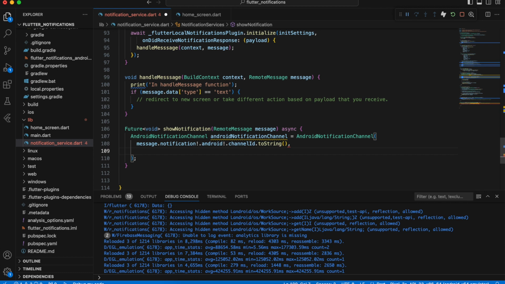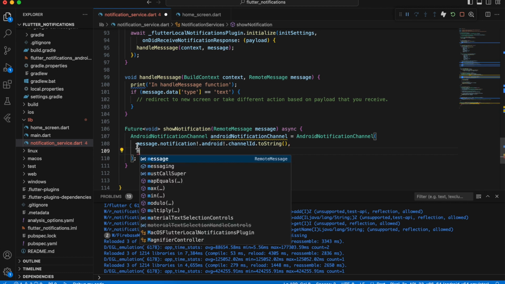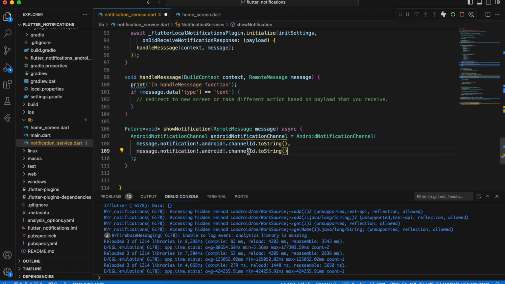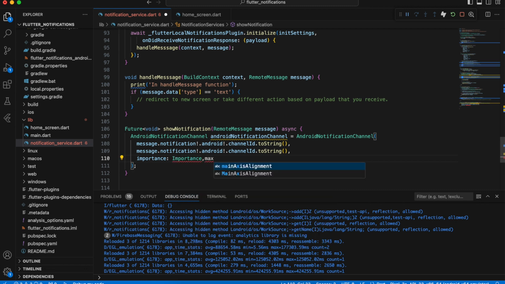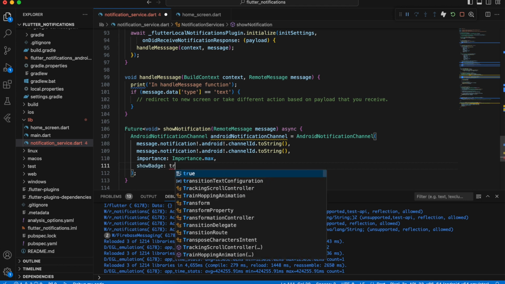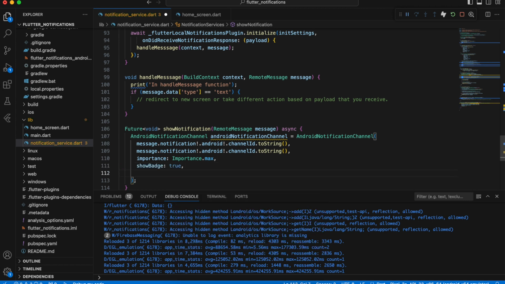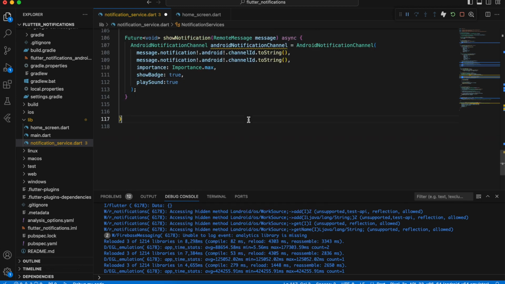Then next is again message, so we can copy this one because we have to write the similar thing here. Then importance, so the importance is Importance.max, it's kind of priority. Then do we need to show badge, yes, then should it play a sound, yes. So for now we are just playing the sound and it will use the default sound here, right? Okay, now next thing is,